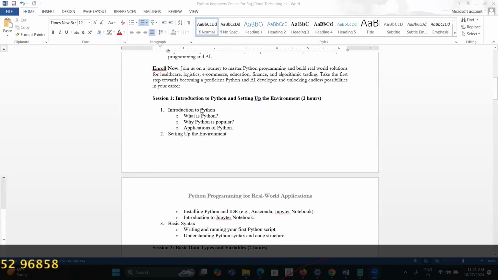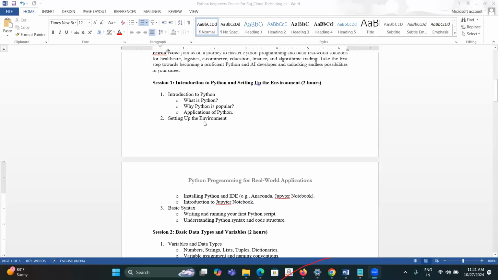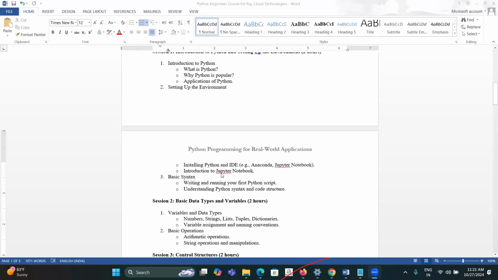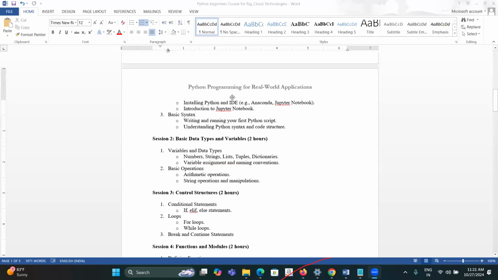Okay, so basically the course structure would be, it will start with how you can set up the environment. We will be using Anaconda to some extent. Today I will be covering these topics, but it will be a much more detailed session in the first session. Then we start learning about what are the data types in Python, how different kinds of data are being used, what are the variables, how you can manipulate the data,